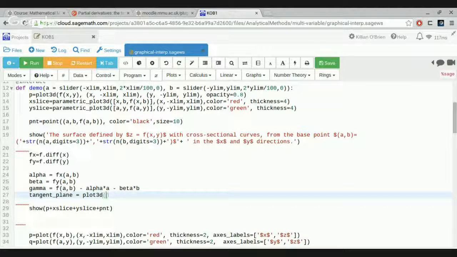MATLAB has equivalent commands for plotting three-dimensional functions. So we're going to have alpha times x plus beta times y plus gamma